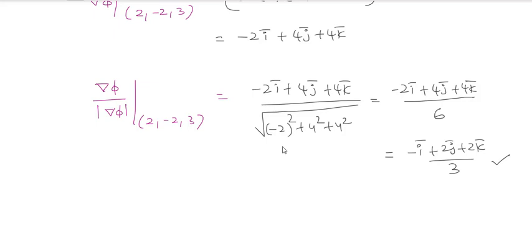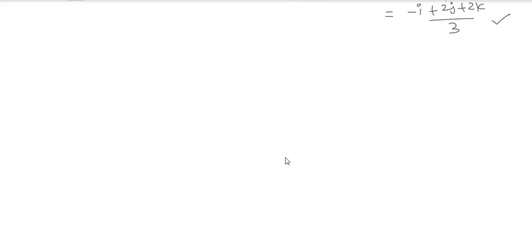This is a unit vector normal to the surface. Clear with my point? Yeah, so that is the part of that criteria. Clear now? Next will be the next definitions, small definitions, that's all, nothing more than that. Based upon that they will ask you the questions. Clear? So next let me take the directional derivative.